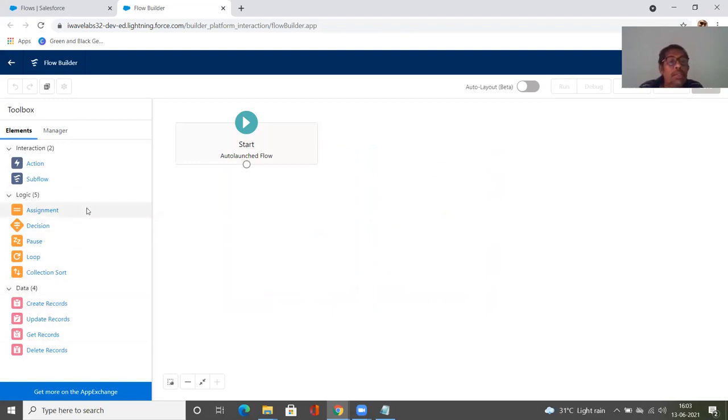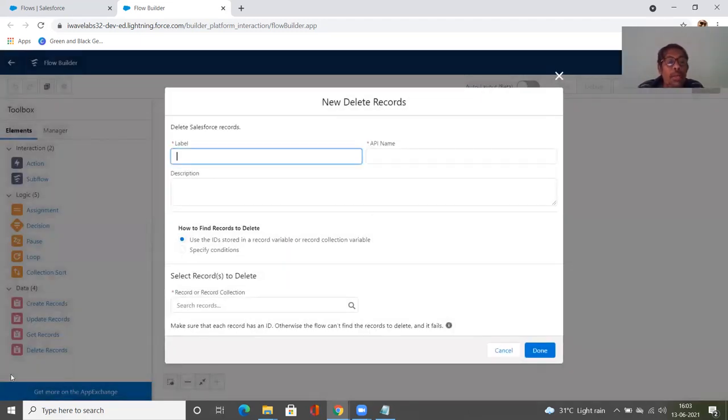Instead, I can go with the assignment, decision, pause, looping, collection sort, or create record, update record, get record, delete record. I'll go with the delete record. I'm going to drag and drop it and say delete record. So the moment I drag and drop the delete record, the new delete record window is being shown here. I'm going to say delete record,